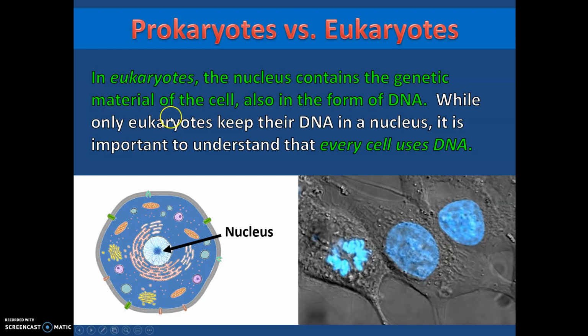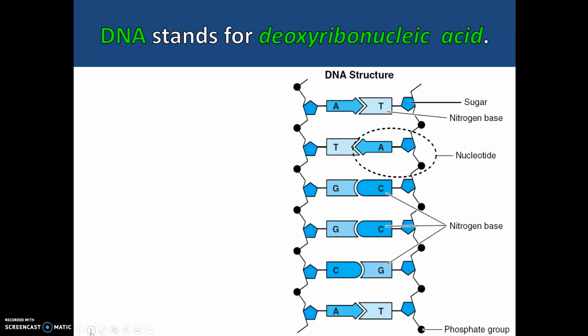In eukaryotes, like us and plants, the nucleus contains the genetic material of the cell, also in the form of DNA. And while only eukaryotes keep their DNA in a nucleus, it is important to understand that every cell uses DNA. So here we have our nucleus, and inside will be the chromosomes with DNA. So remember, DNA stands for